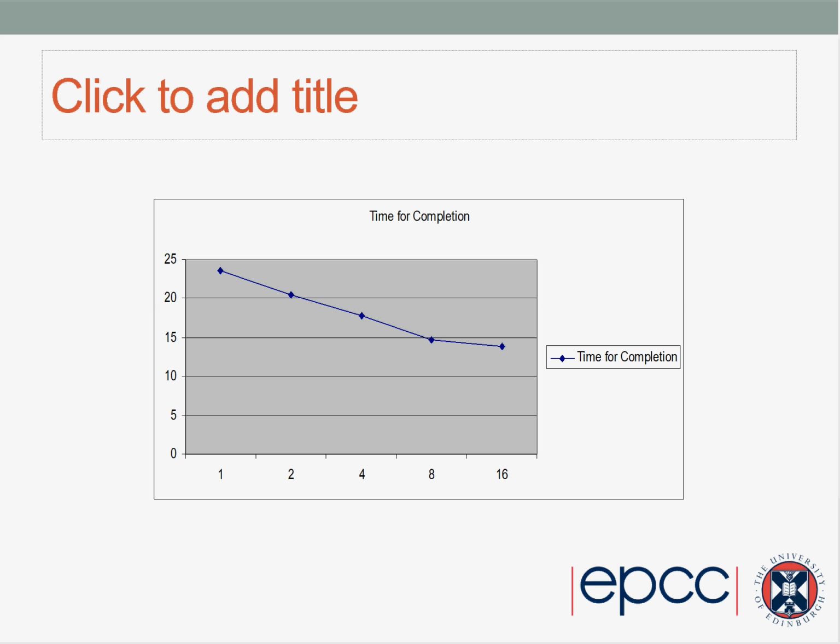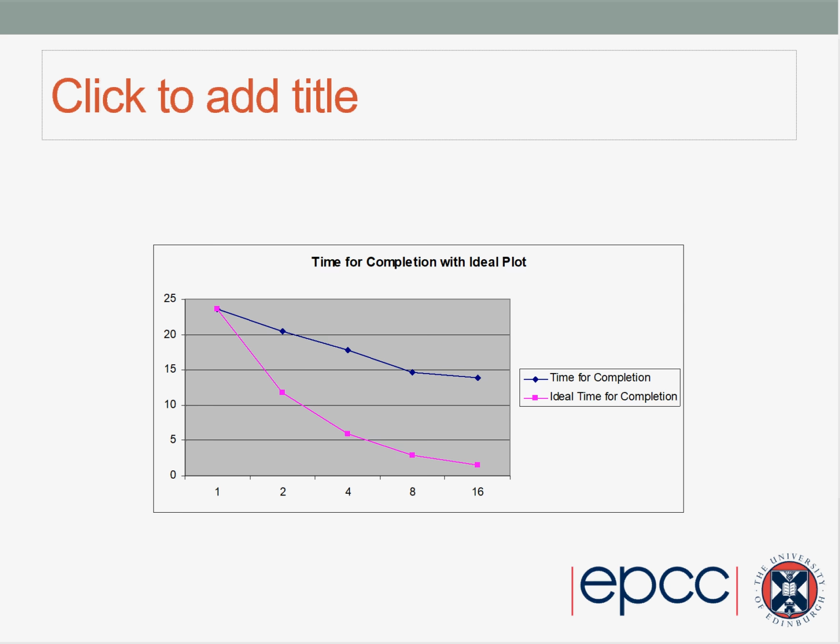So I can see the runtime at one processor and the runtime at 16 processors, but if this was parallelizing perfectly, is the actual result I got close to what I would expect if it was perfectly parallel or not? So I can augment my graph and add some extra detail on, like a trend line, which shows that if the code had been parallelized perfectly, it would take this bottom curve and the actual data the top curve, and suddenly I've added a bit of additional input, and it's easier now to understand